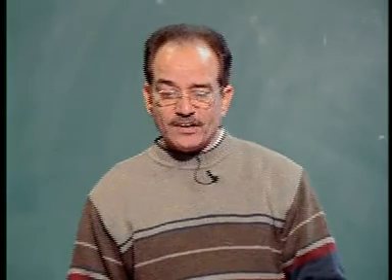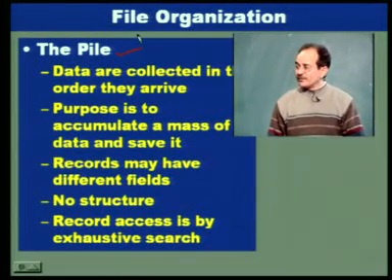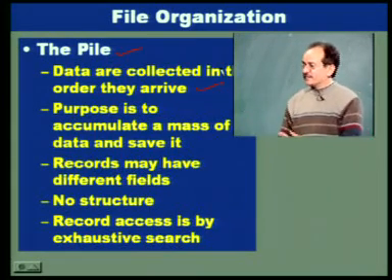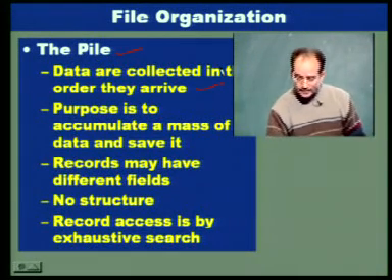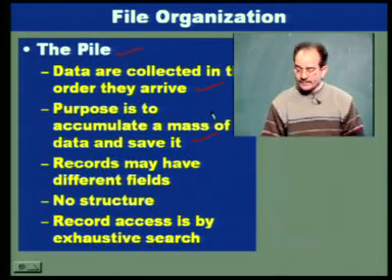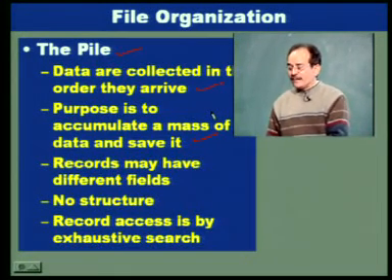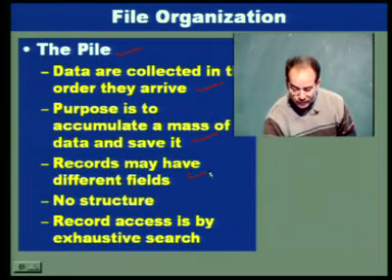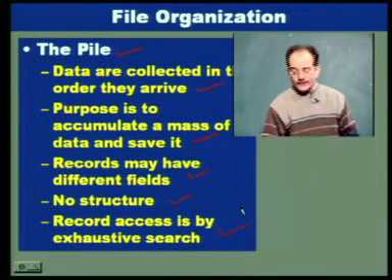Now, these are some of the file organizations which are there. First we call the pile. Now, what we do in case of a pile organization is data is collected in the order they arrive. Whenever data comes, I put it in the file there, and this is for mass data and save it. Whatever data comes to you, you accumulate it, save it, and maybe at a later stage you can give some organization to it. And again, records may have different fields and no structure is there, and if I have to look for a record, I have to go for an exhaustive search,